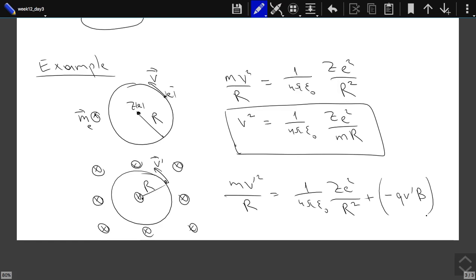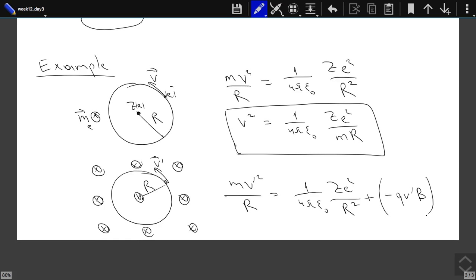What is the direction of the magnetic force? The magnetic force is QV cross B, right? So this is my V. B is into the screen. So V cross B is pointing towards the nucleus. But the charge of the electron is negative. So it is pushed out of the screen, away from the nucleus by the nuclear force. So that is why this is the force